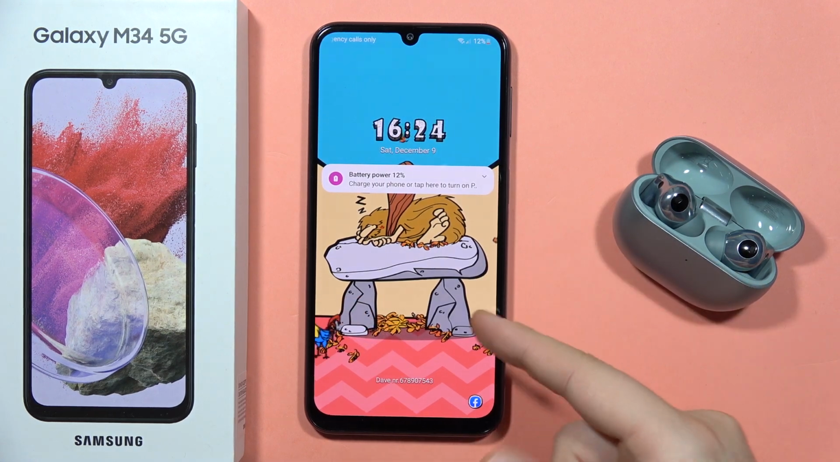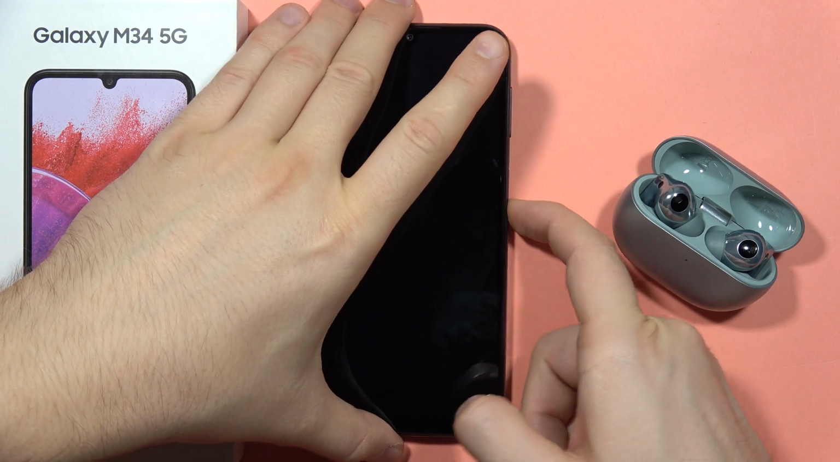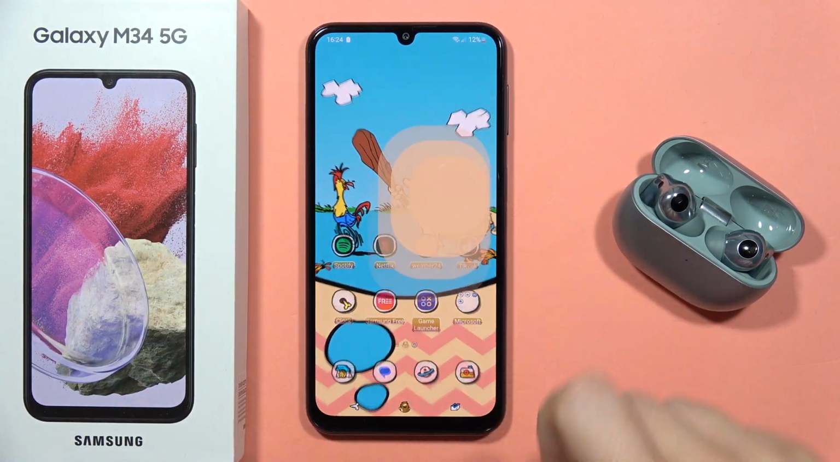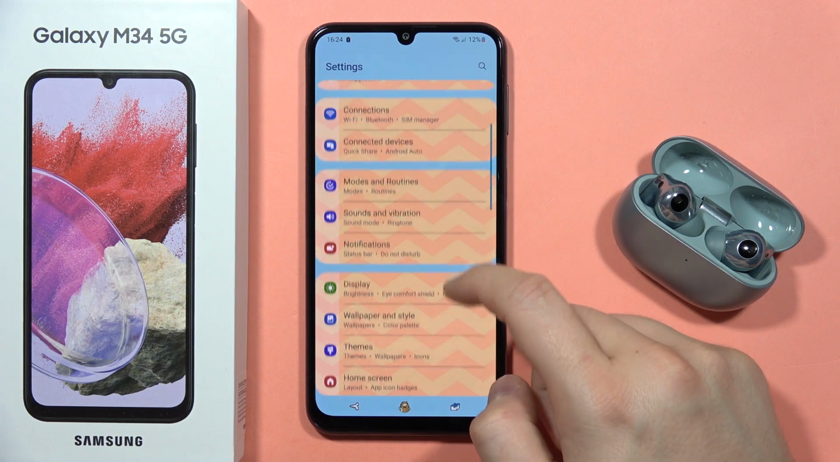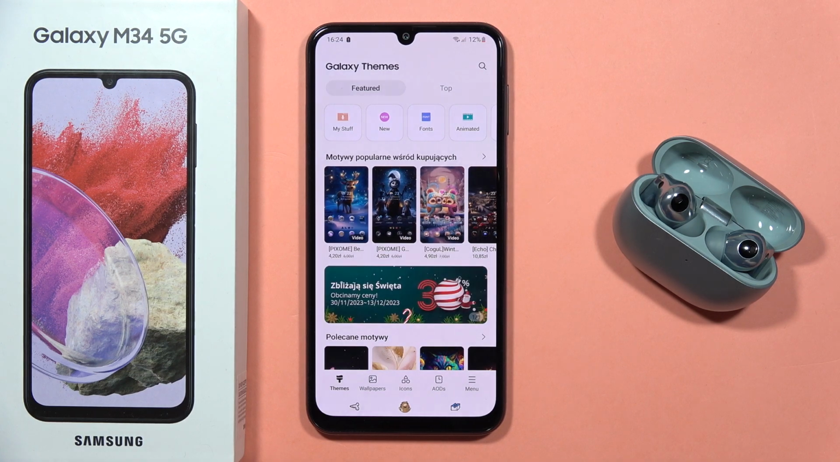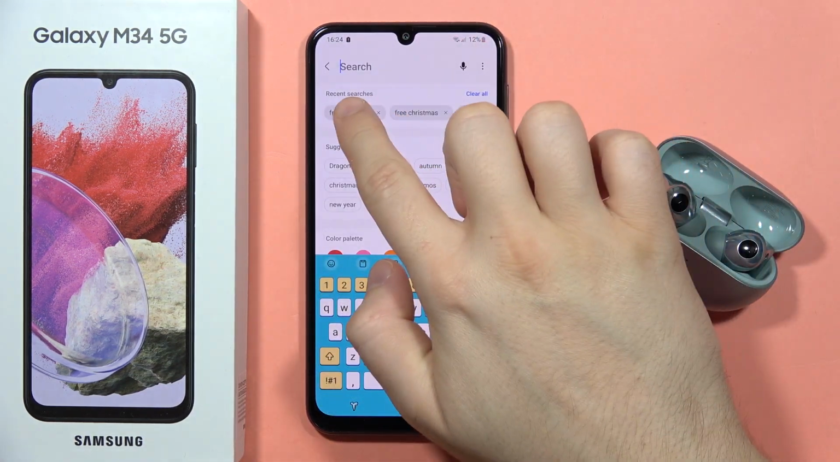Hey, if you want to get free animated themes on your Galaxy M34 5G, all you have to do is be connected to the Wi-Fi or mobile data and then go into the settings. From here you have to scroll down and go into the themes. Now just wait for the loading and then tap on the search in the right upper corner and type free